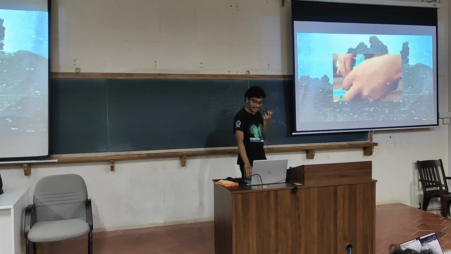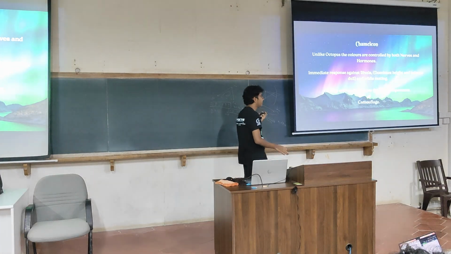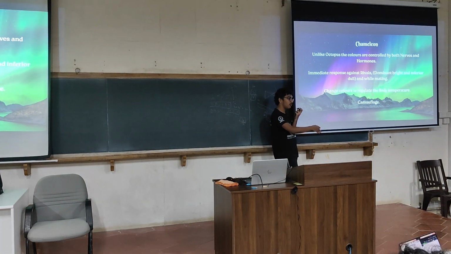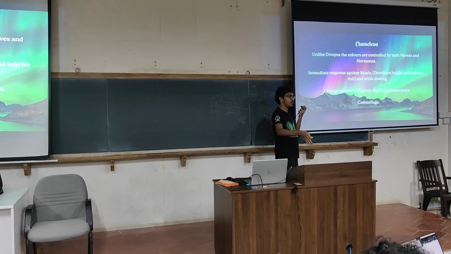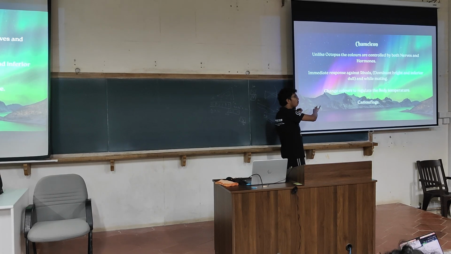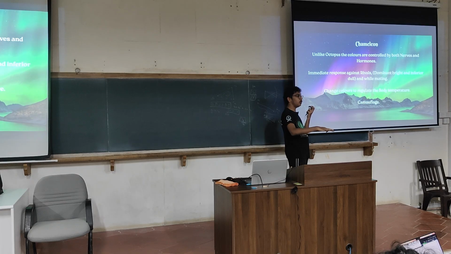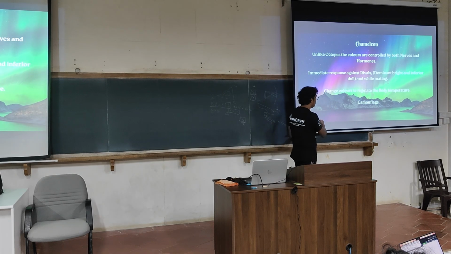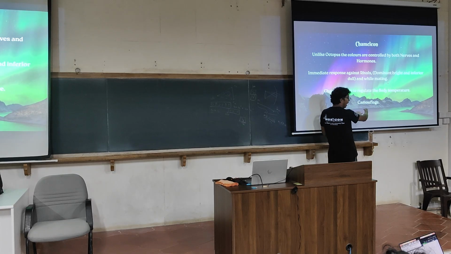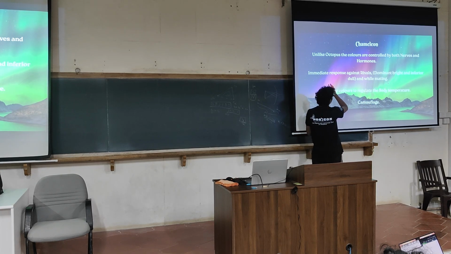So chameleon's color system is much similar to that of octopus. Even they have chromatophores and iridophores, but their chromatophores are in the deeper layers of skin, unlike an octopus. And chameleons can use both hormones and nervous system to control their colors. Apart from that, chameleons not just use their colors to camouflage, hide with the background, they use it to challenge